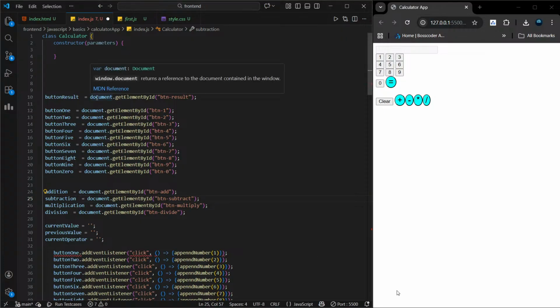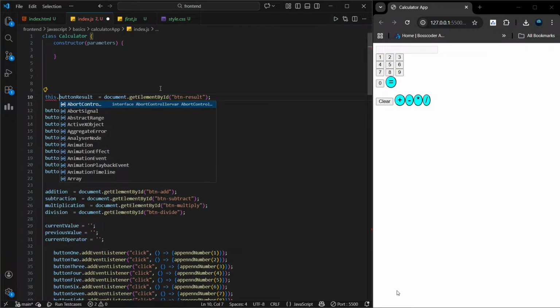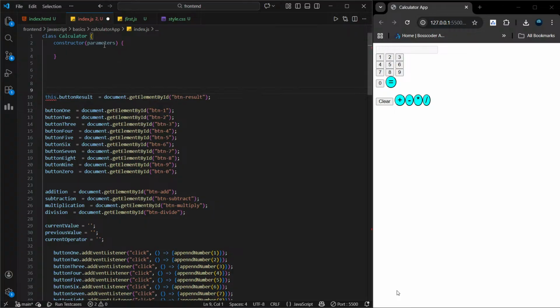सो तुम्हारे कहने का मतलब ये है कि यहाँ पे मैंने जो रखा है, buttonResult = document.getElementById('btnResult'), सो यहाँ पे मैं ये बस this.buttonResult कर दूँ, ऐसा? बिल्कुल सही समझे। जैसे ही तुम क्लास के अंदर हो, हर DOM एलिमेंट को this के साथ जोड़ो। this.buttonResult = document.getElementById('btnResult')। इससे वो क्लास की प्रॉपर्टी बन जाएगा, और तुम उसे बाकी मेथड्स में this.buttonResult से एक्सेस कर पाओगे। एलिगेंटली इनकैप्सुलेटेड, काम आसान।